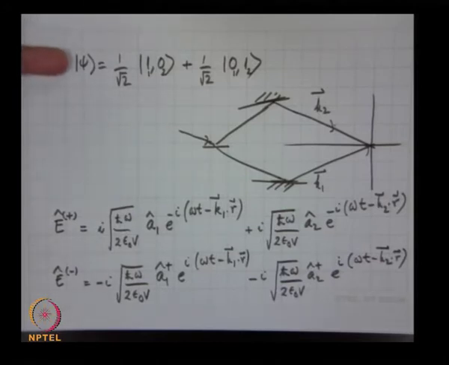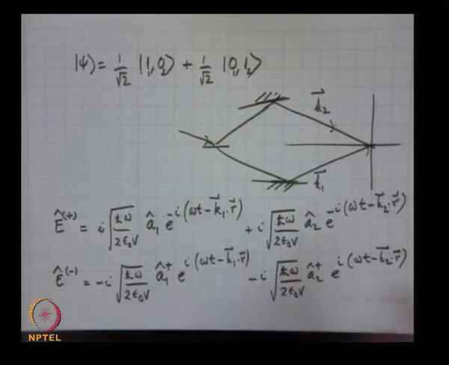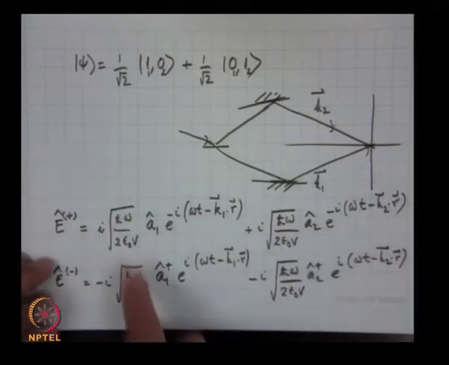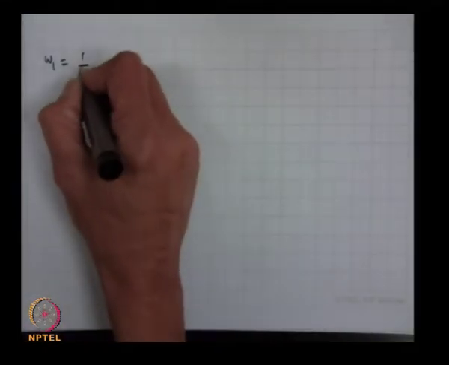This is the side, this is E plus, this is E minus. To calculate the probability of photoionization, I need to calculate the expectation value of E minus E plus with respect to this state psi. So now let me call this chi1, chi2, just to make it compact, and the outside multiplication factors are the same. So W1 will be 1 by square root of 2,